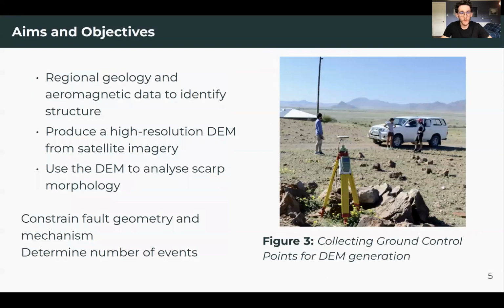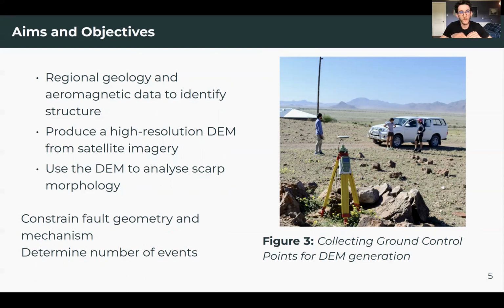So what I'm going to talk about today is, firstly, I'm going to look at regional geology and aeromagnetic data to identify the structure that's been reactivated. And then I'm going to get into what my master's was really focused on, which was producing a high resolution digital elevation model from WorldView 3 satellite imagery, and then using this digital elevation model to analyze the scarp morphology, looking for lateral offsets like channel offsets,